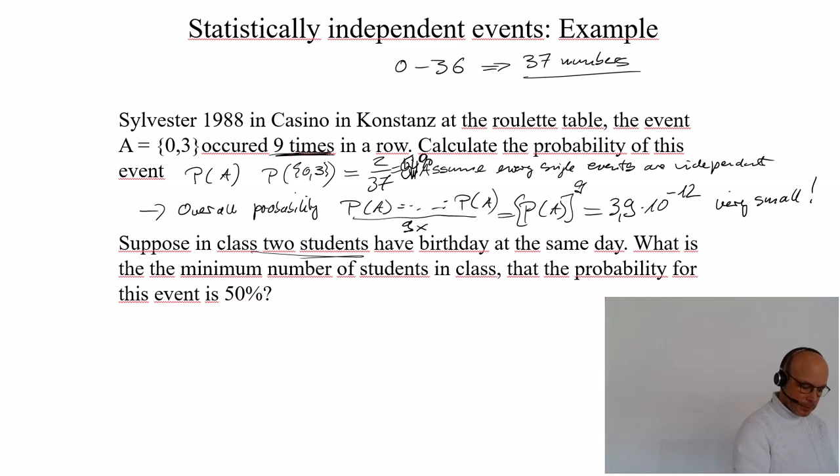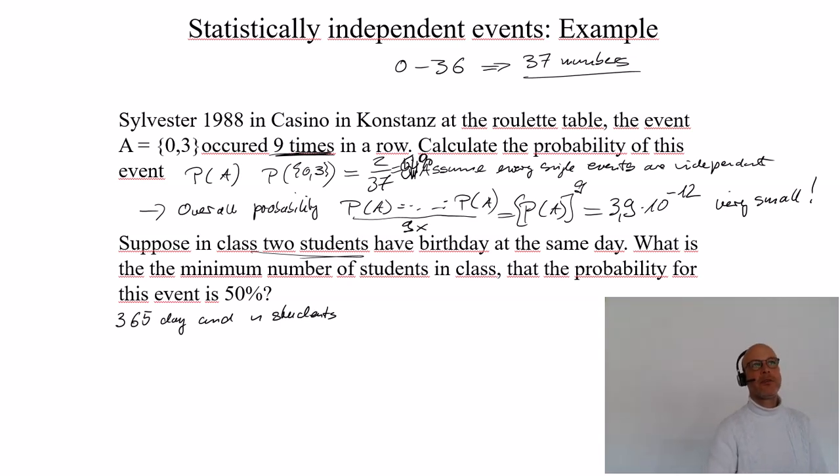So 365 days and n students. Then hopefully you know that you have 365 to the power of n possibilities